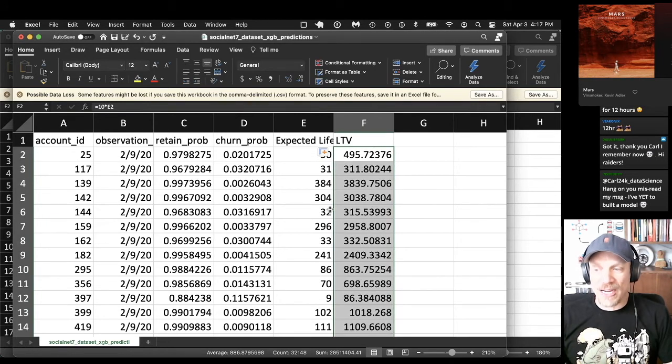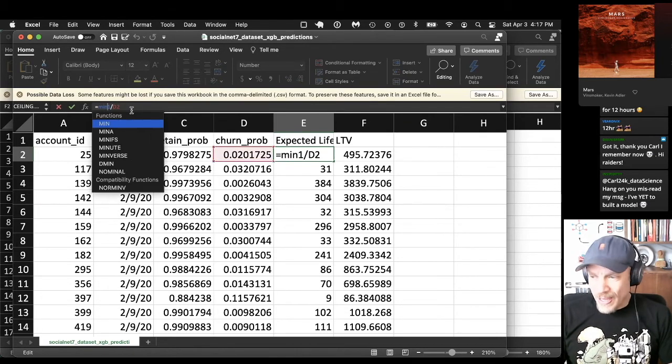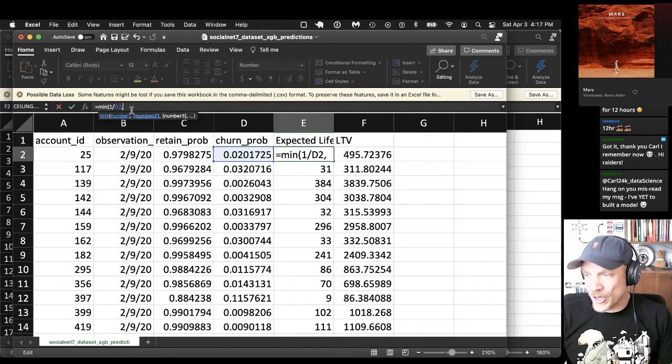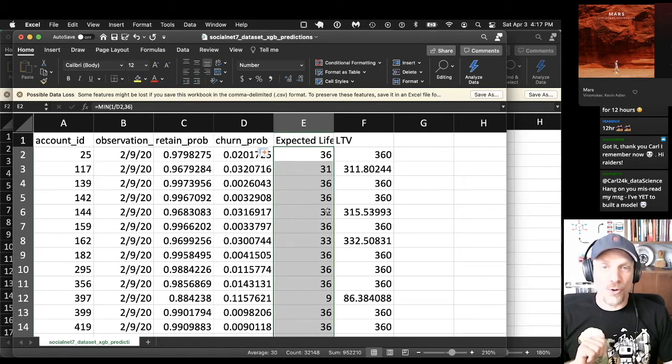Now, this is showing a caveat. You need to put a maximum, like a reasonable maximum. So I would say that the expected lifetime for these customers is the lesser of, let's say, 3 years and the churn-based prediction. So we're not going to predict that even people with very low churn probabilities are going to be your customer for 100 years. You just go through it this way.